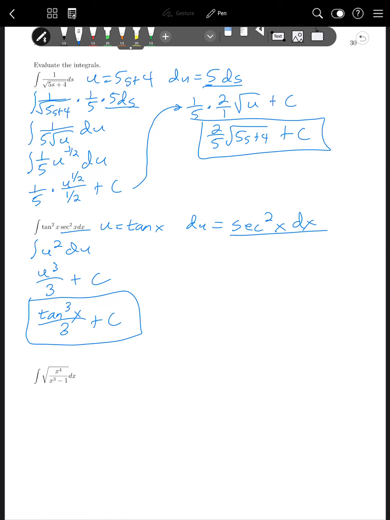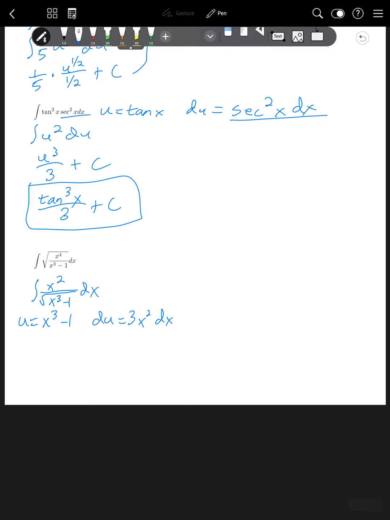Now the last one probably needs to start with some simplification. So this one is set up a little trickier, but we do know part of what's going on here. So the square root of x to the fourth is just x squared. So you could rewrite this as x squared over the square root of x cubed minus 1 dx. And that actually makes it easier to do the substitution. Because if I let u equal x cubed minus 1, I'm going to get something involving an x squared, because du then is 3x squared